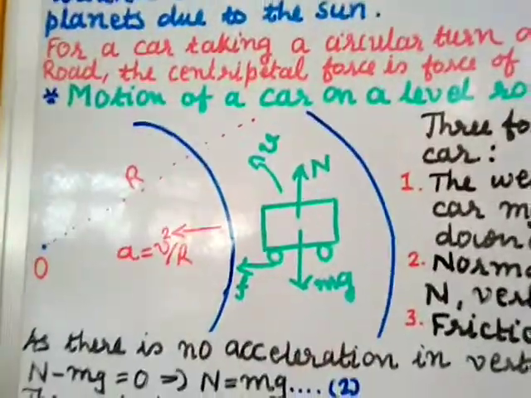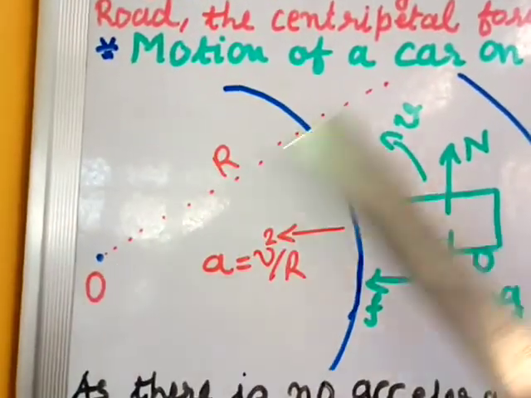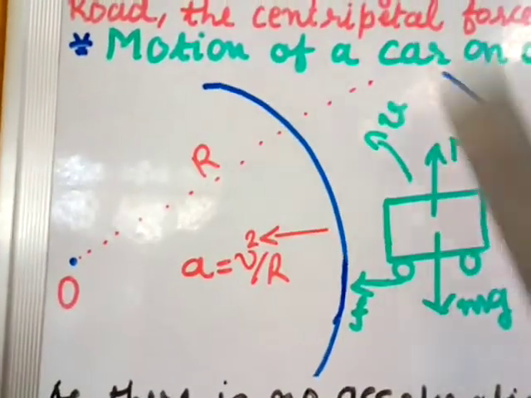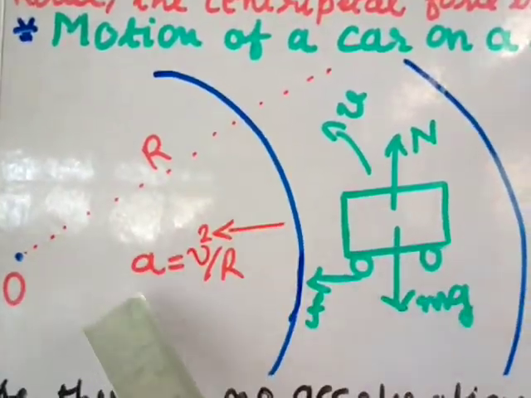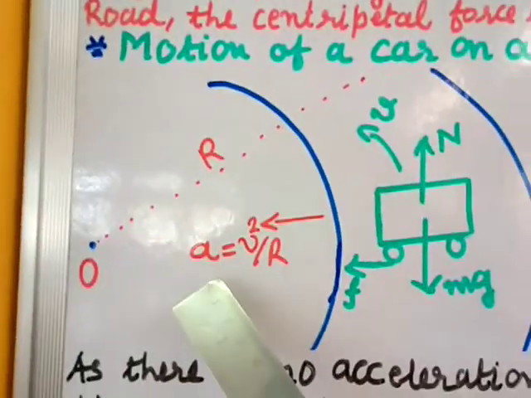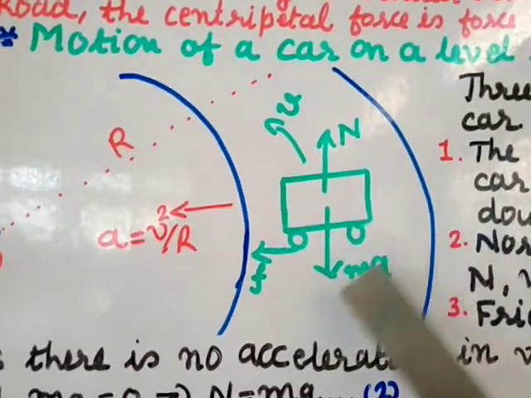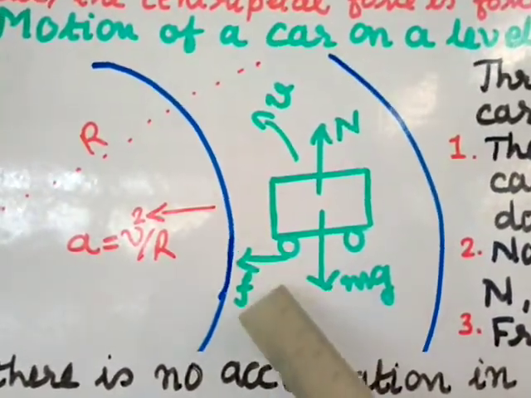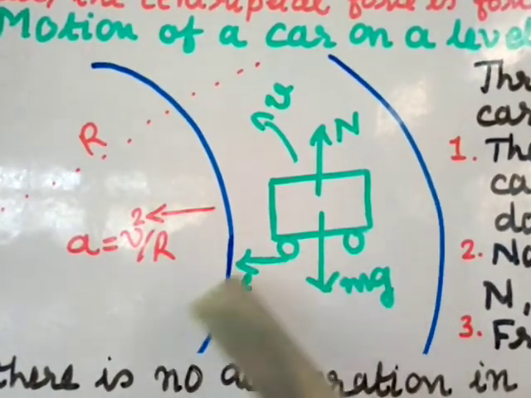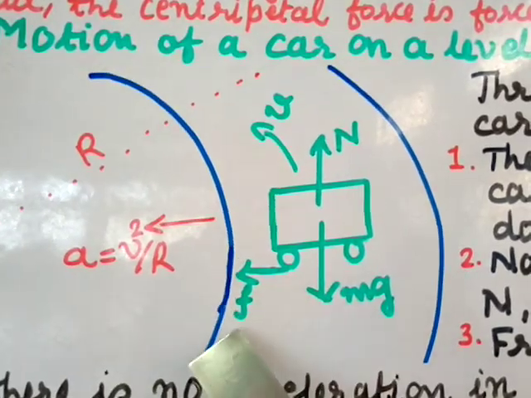So this is my road which is level and there is a circular curve. This is the radius of the circular path, or circular road. Center and radius I take as r. Centripetal force we gave before by the formula v square by r, that is towards the center, equal to mv square by r, and this is the vehicle on the road. There is a friction force between the tire and the road that is providing the required centripetal force, and that is your friction force.